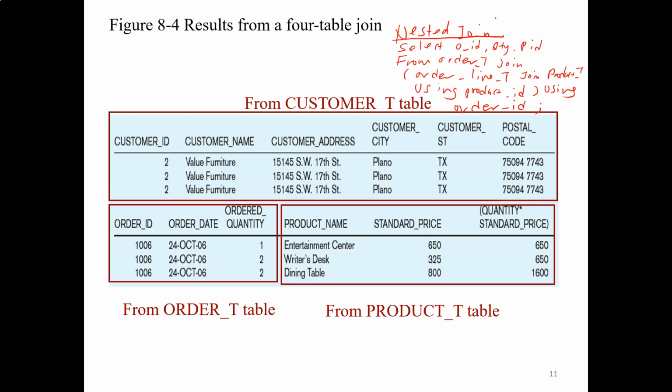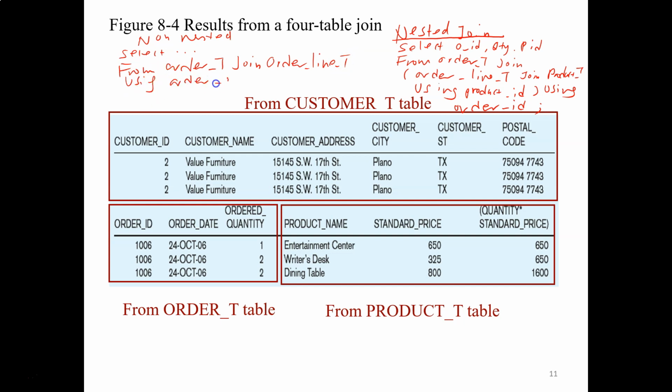So that's one syntax. Another syntax is the non-nested join syntax, where we are just going to join tables one after another. Okay. So we are going to do select order ID, quantity, product ID from the order table join. The table that the order table is going to join is the order line table using order ID,